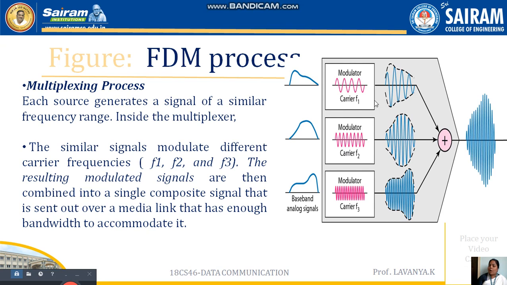So all the frequencies we are going to modulate with the help of bandwidth. When we modulate the frequency, the bandwidth will vary, but our phase and amplitude will be the same. They won't change; only the frequency will vary. Finally the